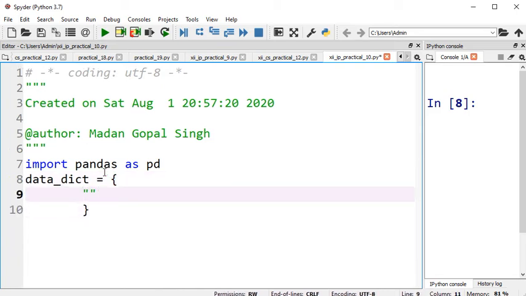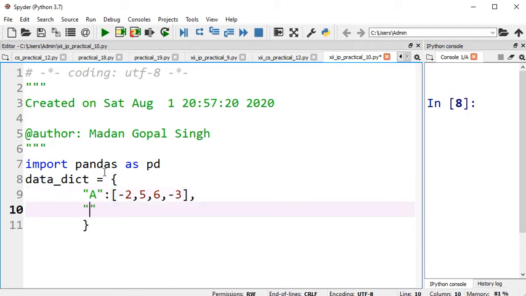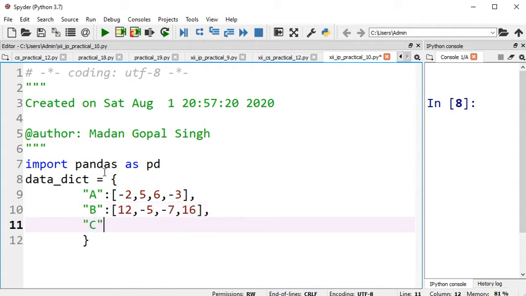Let's say column A has values -2, 5, 6, -3, and then let's have column B, which has values 12, -5, -7, 16, and let's say column C has values like -13, 15, 2, -17.